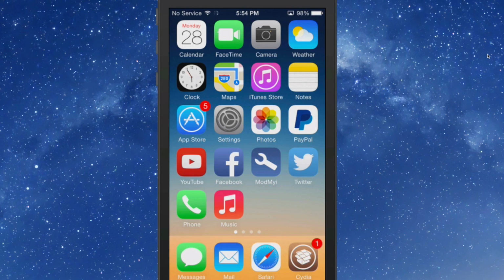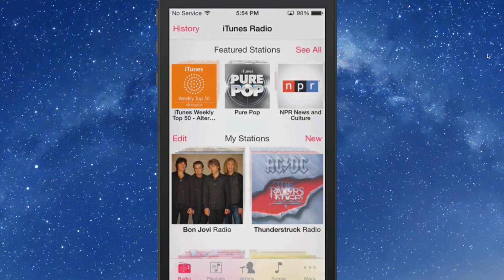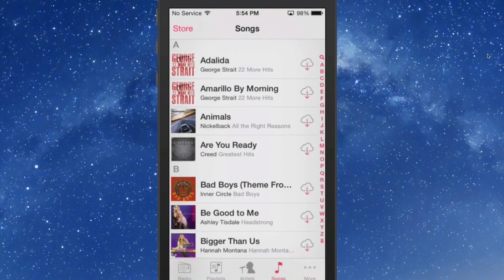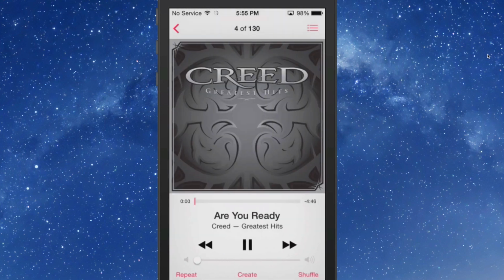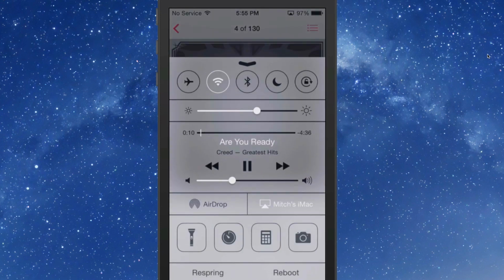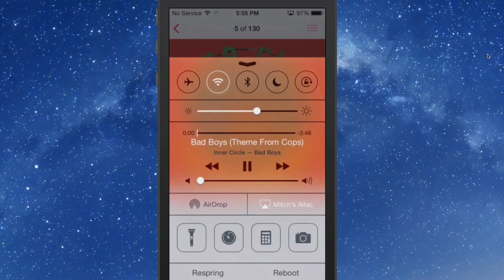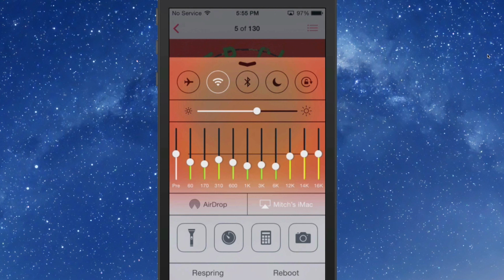So let's just open up some music here so I can show you an example, and we'll just hit this song here, and you hear it start up. It's playing. Alright, I'm going to turn the volume all the way down now. If we pull our Control Center up and swipe all the way to the left, we get this EQ here,